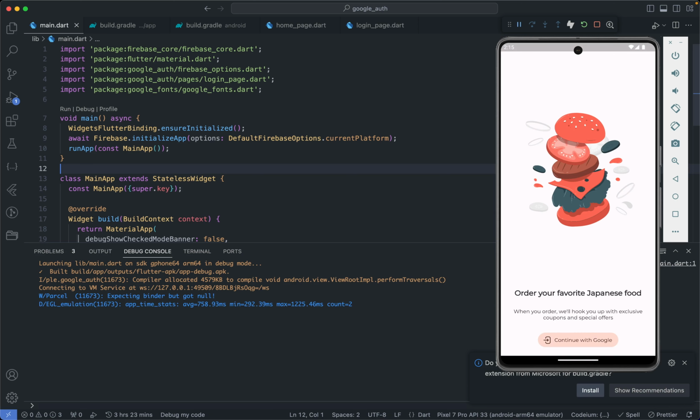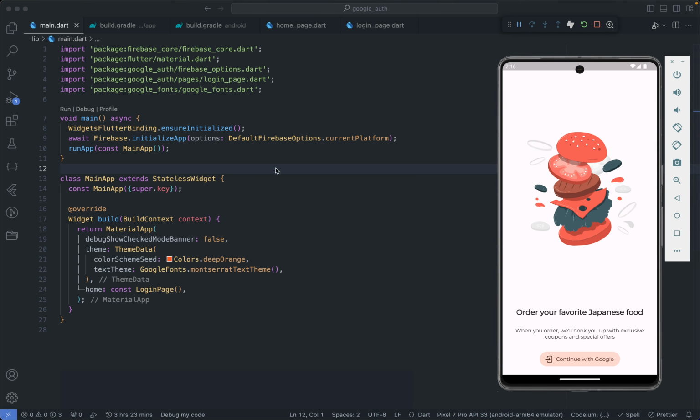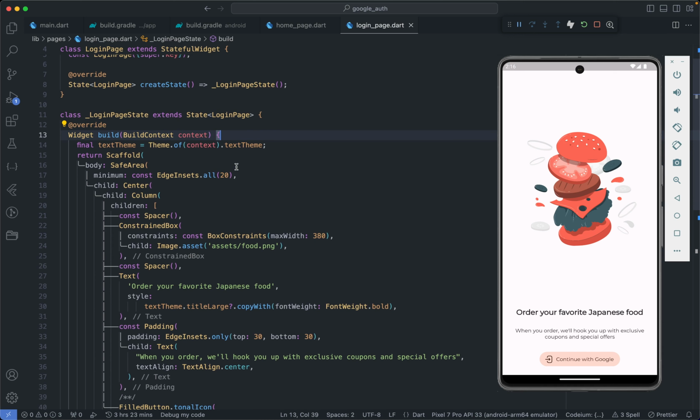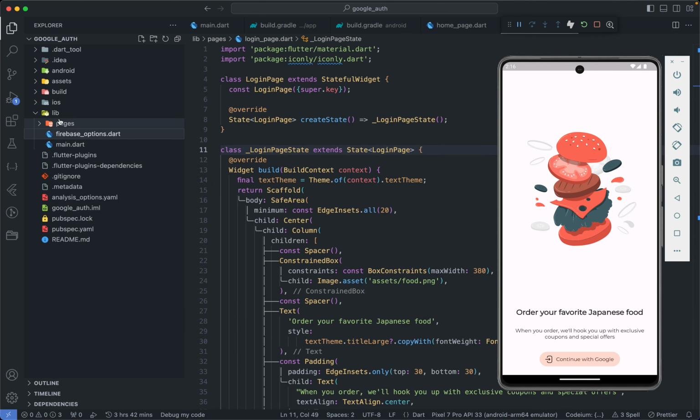Good. Now I intentionally left those errors in so that when you encounter them, you know how to fix them, right? So we can close this. We are left with implementing the actual Google sign-in, right? So what we have to do is, let's first come to our login page and then find a place where we can create the sign-in function, right? So I'm not going to create a function over here. Instead, I'm going to create a new directory called controllers,